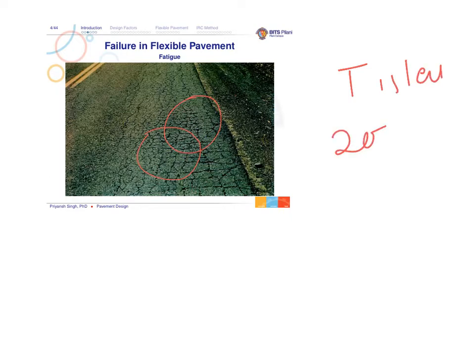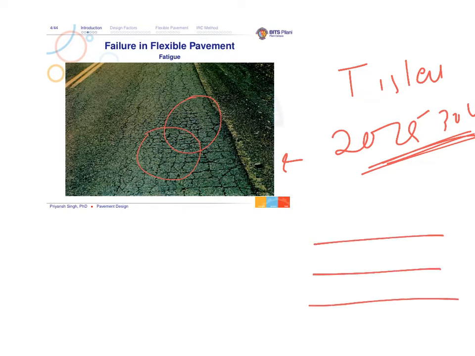Maybe in the range of 20 or 25 or 30 degrees Celsius. At this temperature, the material's stiffness is high and it has more susceptibility to brittle cracking. So at the lower temperature, when a wheel load passes through the pavement, there may be some tension originated in the case of the bituminous layer. Suppose this is my pavement and this layer is my bituminous layer.